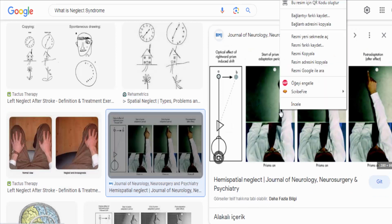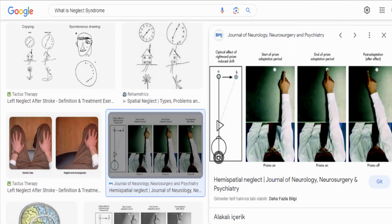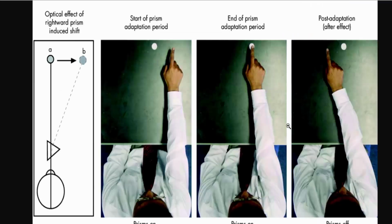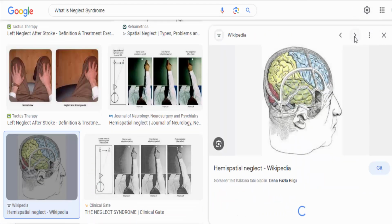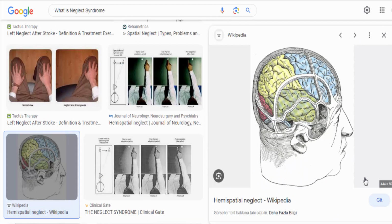Neglect syndrome can affect various sensory modalities, including vision, hearing, touch, and spatial awareness. It is not a result of a primary sensory deficit but rather a disruption in attentional processing and spatial awareness. The precise mechanisms underlying neglect are not fully understood but are believed to involve impairments in the brain's attentional and